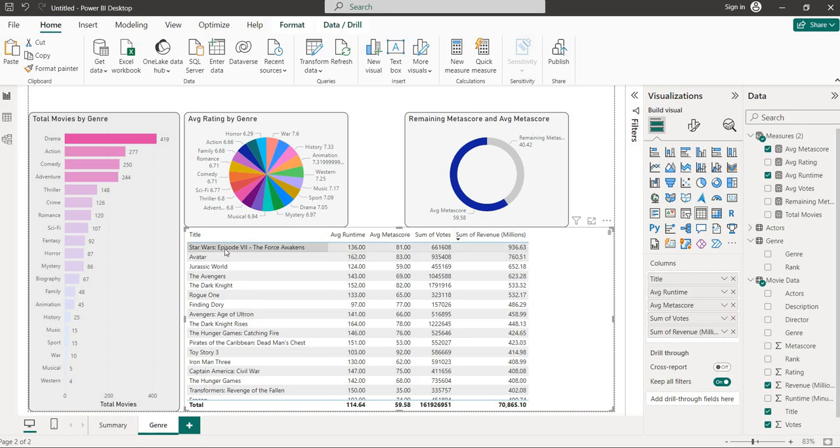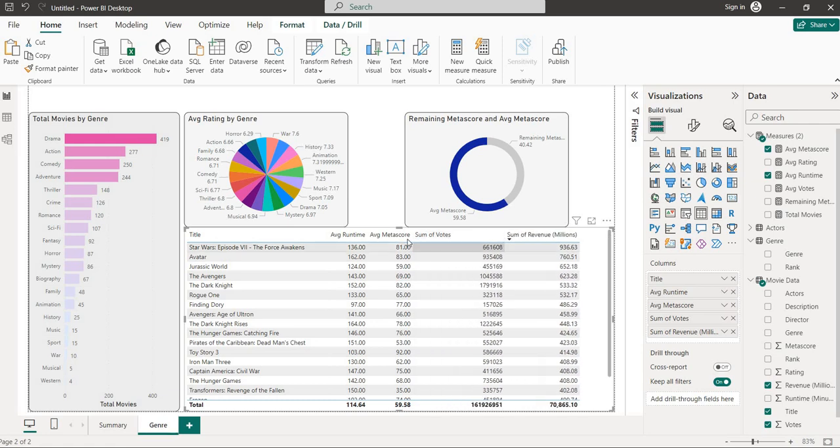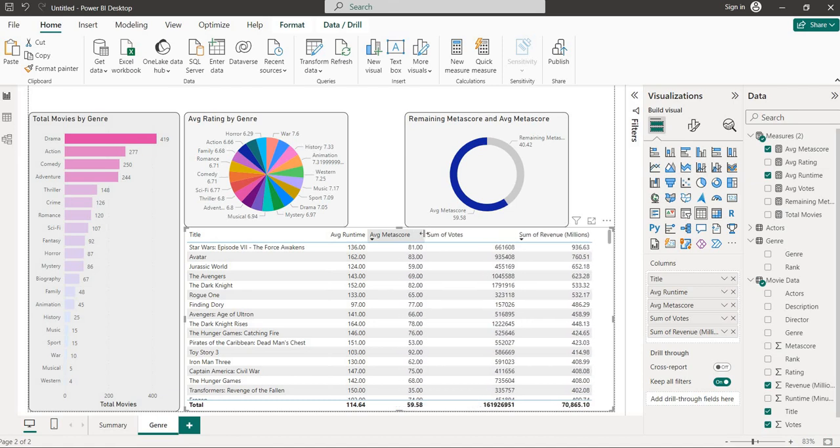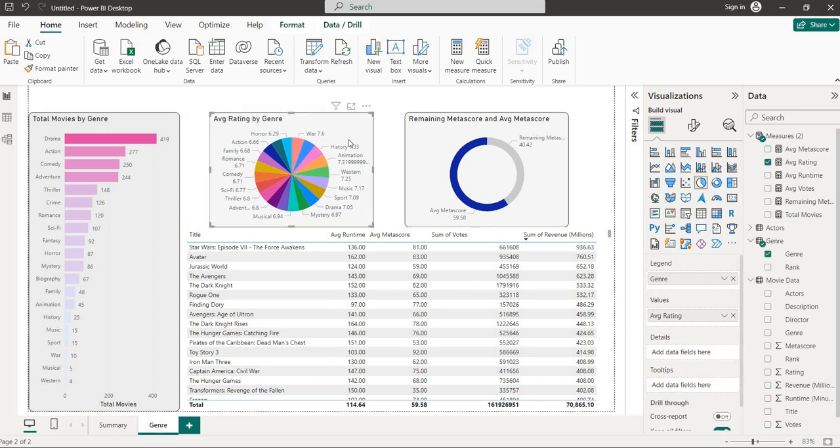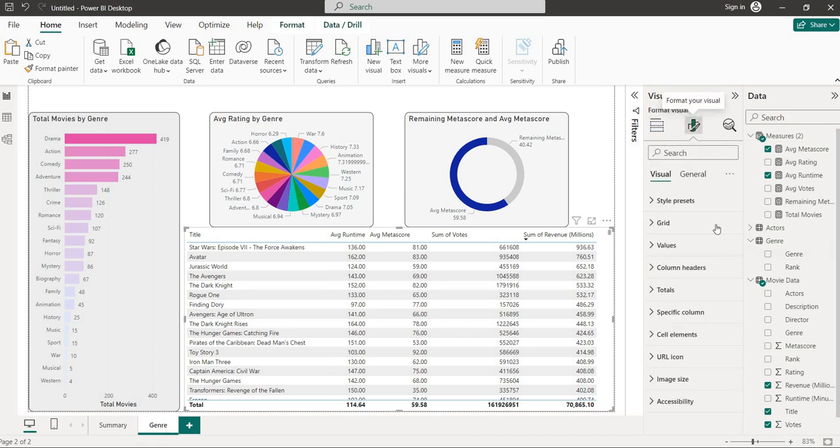So we can see the highest earning movie, the most earning movie, Star Wars Episode 7, The Force Awakens, has earned 936.63 million. Okay, Avatar is 760.51 million. Jurassic Park. So that way, it's arranged in a descending order on the basis of revenue, which is very much important. Okay, so now you can see we can do one more thing, do some gaps so that it looks something. Okay, hope till now it is clear for you how things are going on.